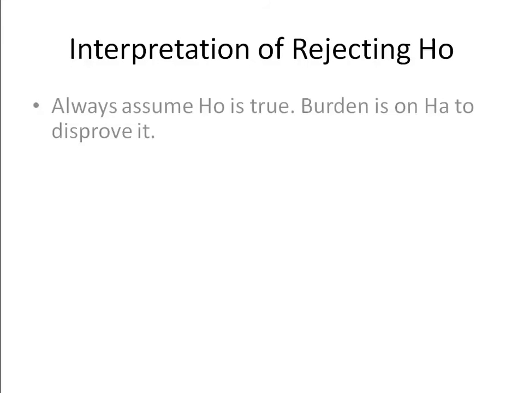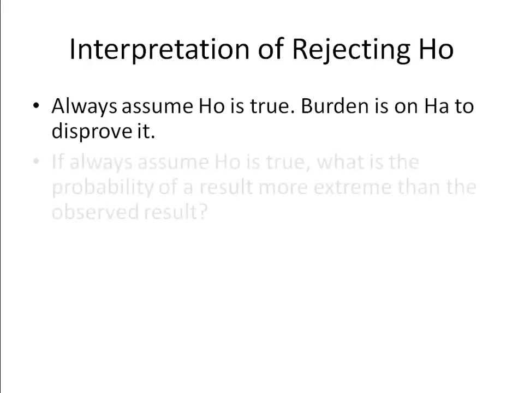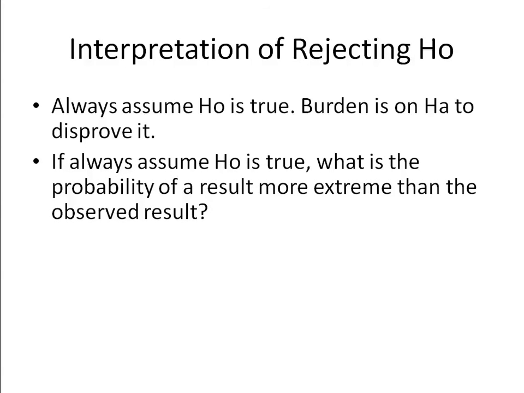So what's the interpretation of rejecting the null hypothesis? When you start out an experiment, you always assume that your null is true, that whatever you're trying to show is not going to have an effect. And that really puts the burden on the alternate hypothesis to disprove it. And then the next question is, if we always assume the null hypothesis is true,